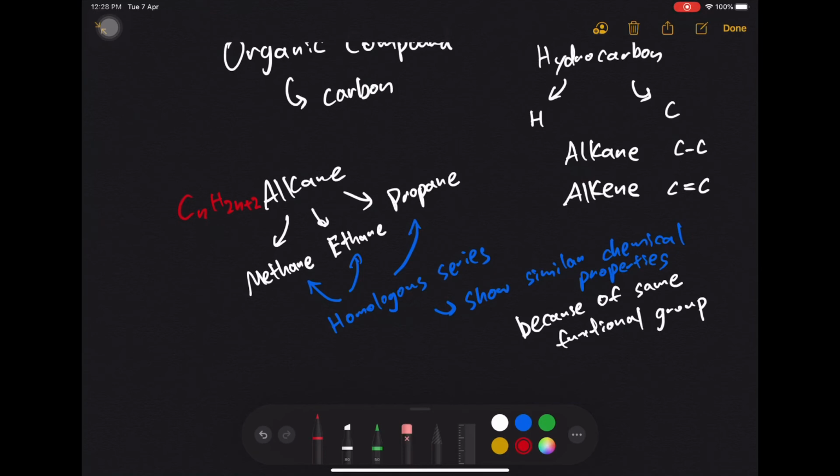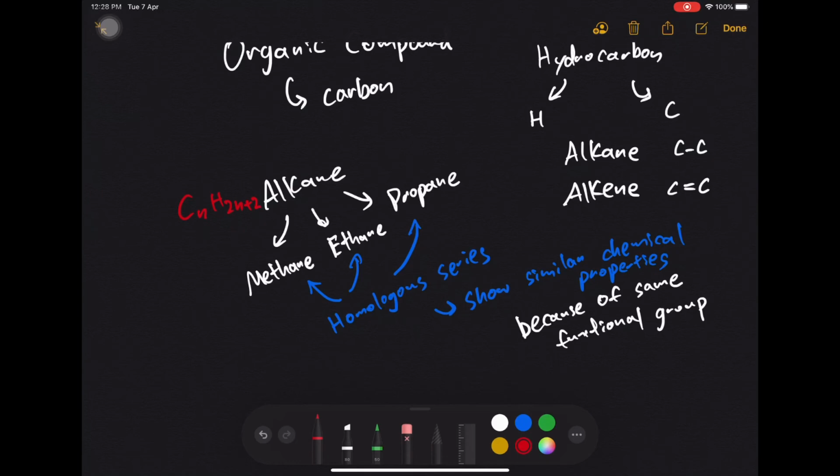They show similar chemical properties because of their same functional group, and they have the same general formula. You need to take note that they have different physical properties, like different boiling points, because of their different chain length, the number of carbon atoms per molecule. Methane has 1 carbon, ethane has 2 carbons, propane has 3 carbons. So because of their different numbers of carbon, they have different